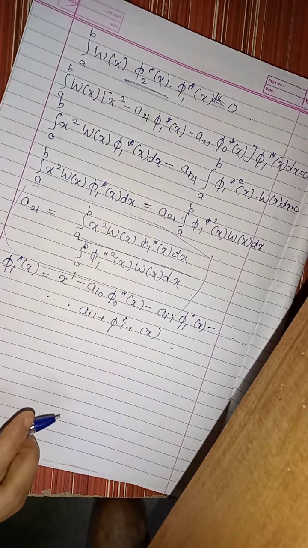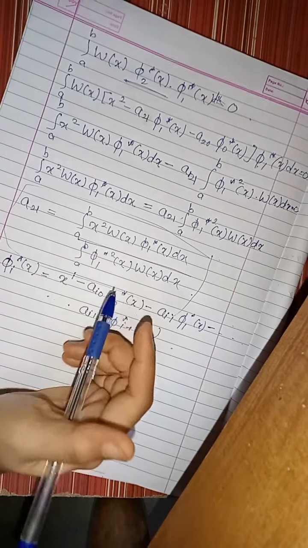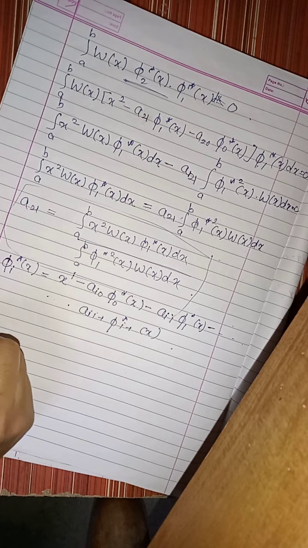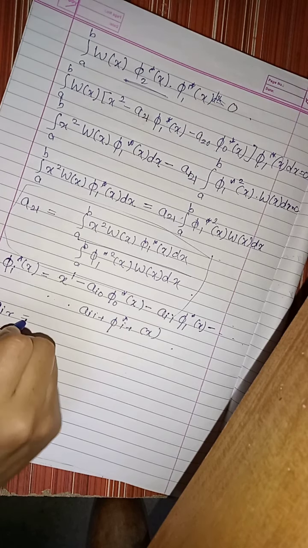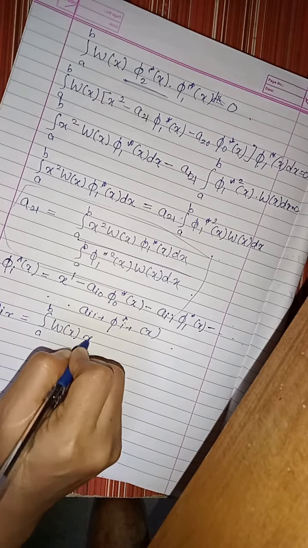Okay, so now orthogonalizing phi I star with all of phi naught star of x, phi 1 star of x, and so on, what you'll get is